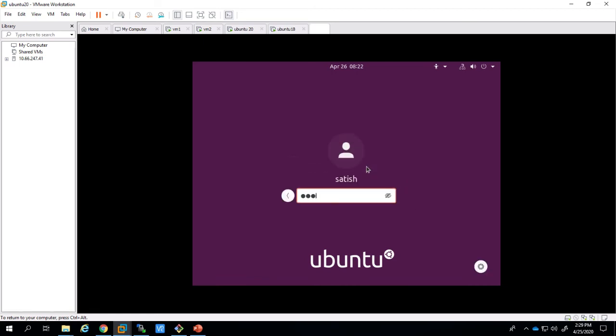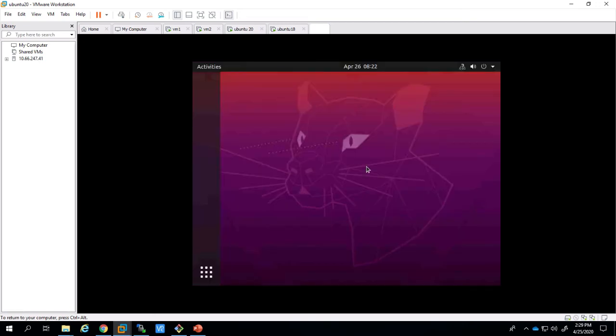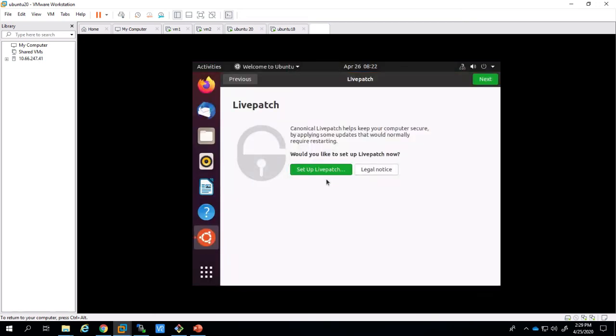Yeah, now just log in. Some steps are there we need to follow to get our graphical user interface.